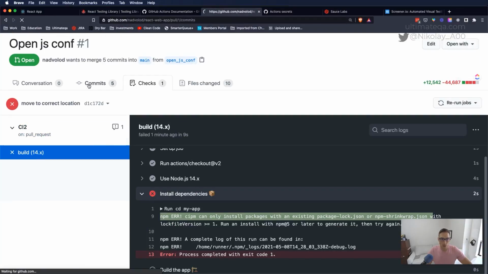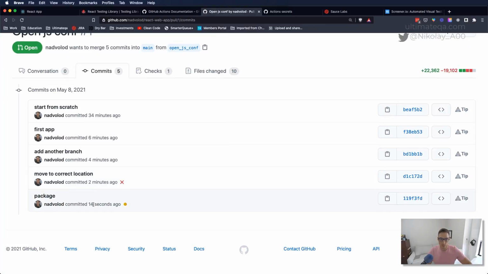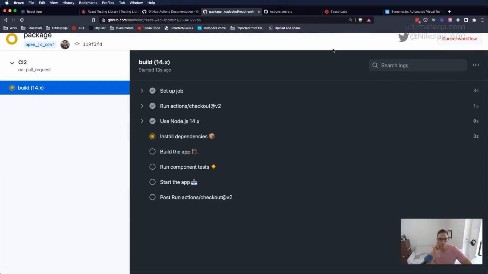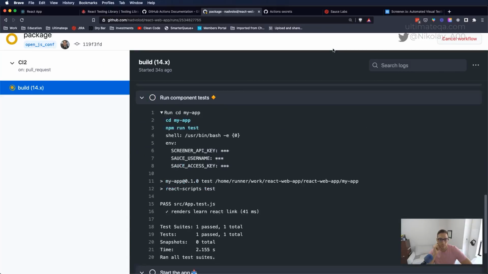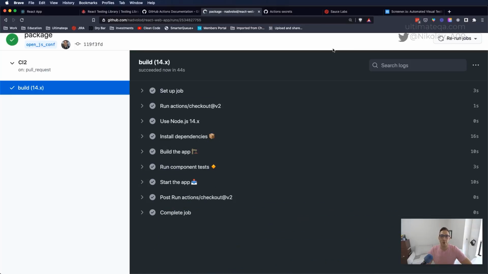And we can watch our CI rerun. Here you can see we just committed 14 seconds ago. Here's a little yellow circle that shows that our CI pipeline is running. Let's go ahead and take a look at the details. Wonderful. So there is our CI pipeline that is not only able to build our app and start it up,